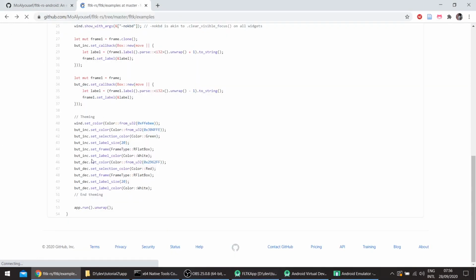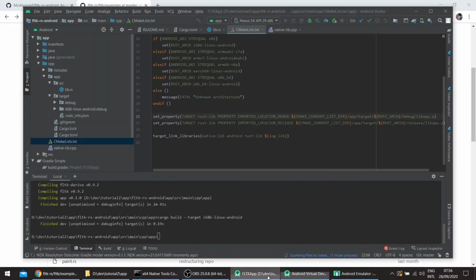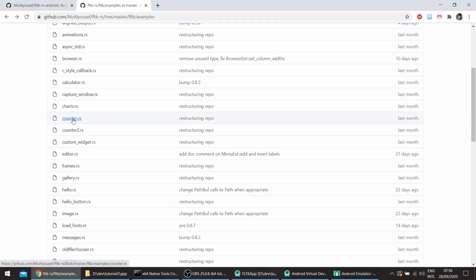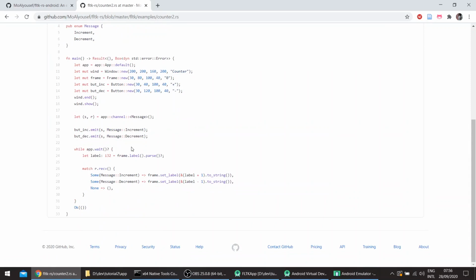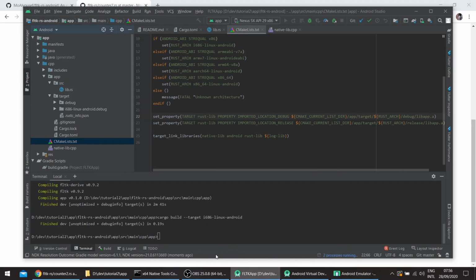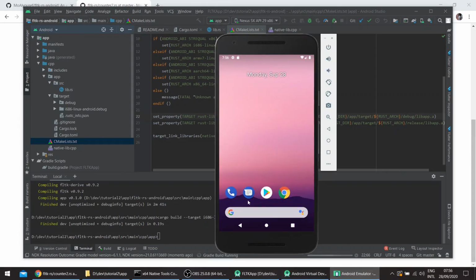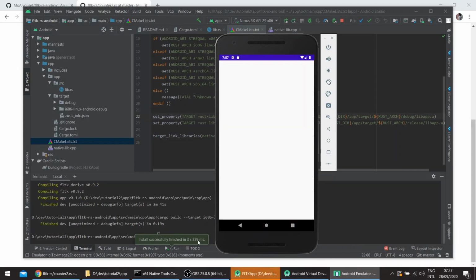Well, this has a lot of theming, so maybe the previous one. Okay, so this doesn't have any theming. So once the build finishes, usually it's faster after the first Gradle build. So this is the counter example,